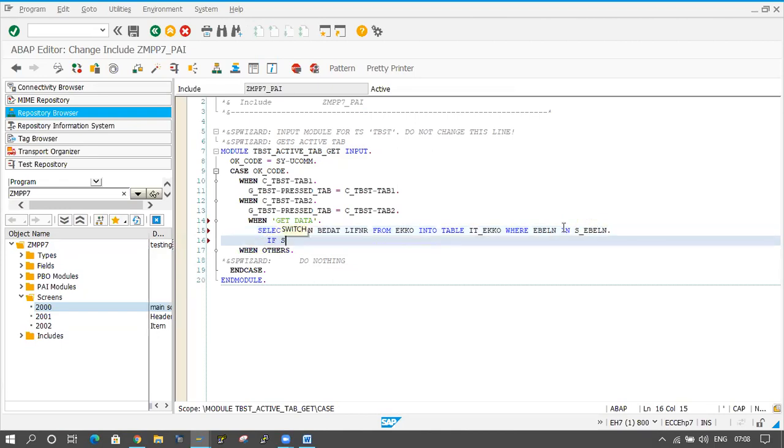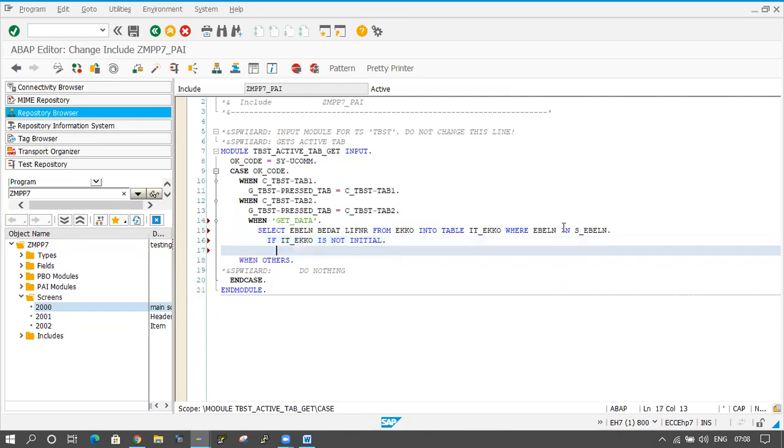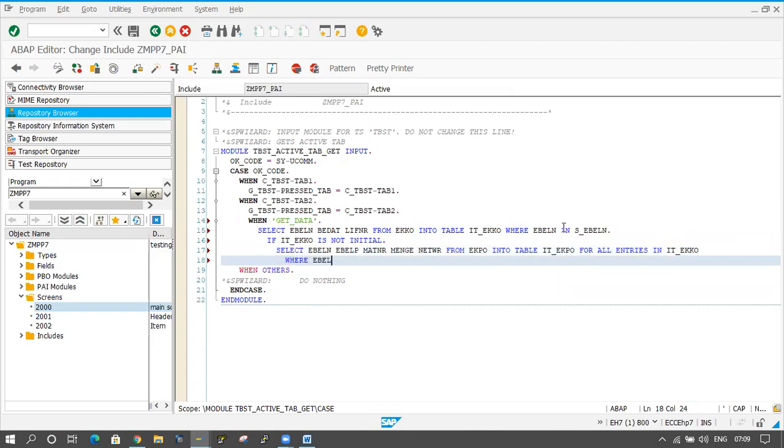And if IT EKKO is not initial, select EBELN, EBELP, MATNR, MENGE, and NETWR from EKPO into table IT EKPO for all entries in IT EKKO where EBELN equal to IT EKKO hyphen EBELN.